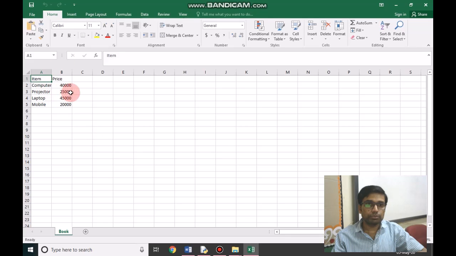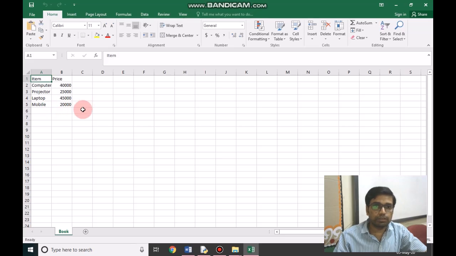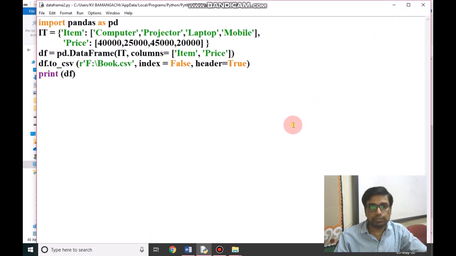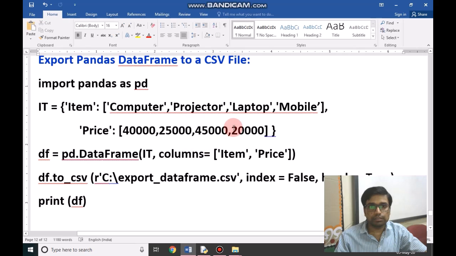Computer 40,000, projector 25,000, laptop 45,000, and mobile 30,000. So in this way we can export pandas data frame to CSV file data.